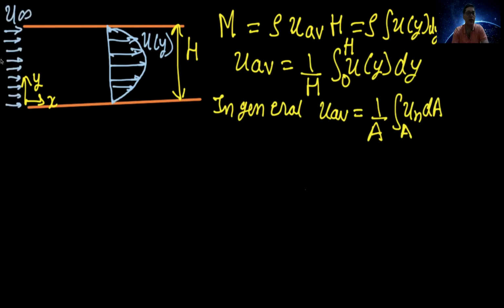So here the inlet velocity is shown as a uniform velocity. Now I will do a control volume analysis and demonstrate how we apply the mass conservation law for a control volume. So let us consider flow in a pipe where the fluid is entering at a constant velocity from the left side and it is leaving with a parabolic velocity profile as shown here.